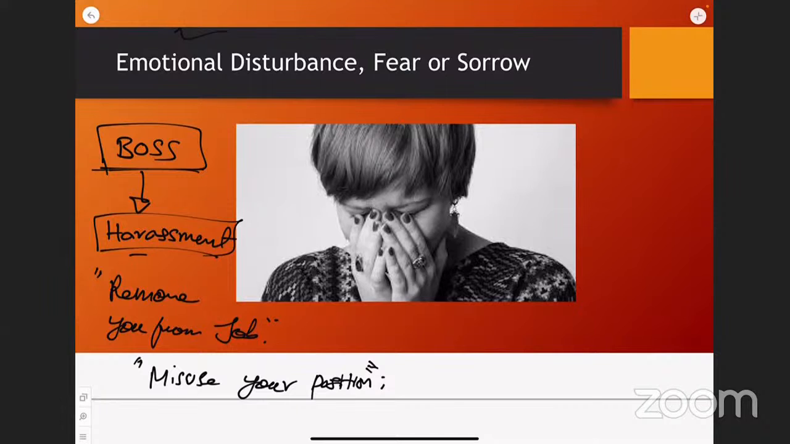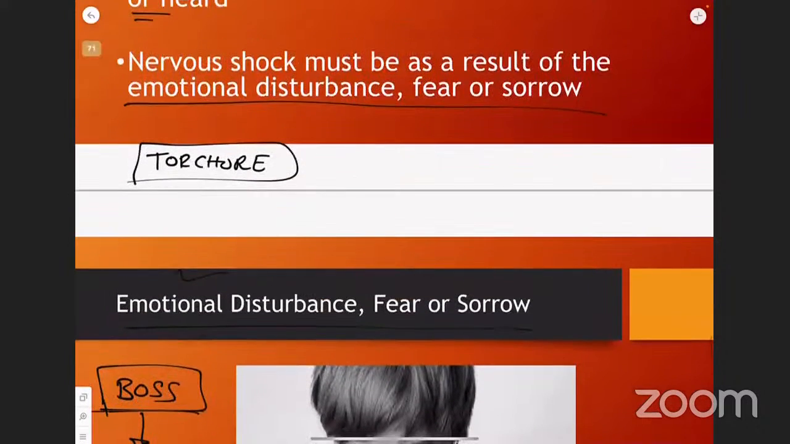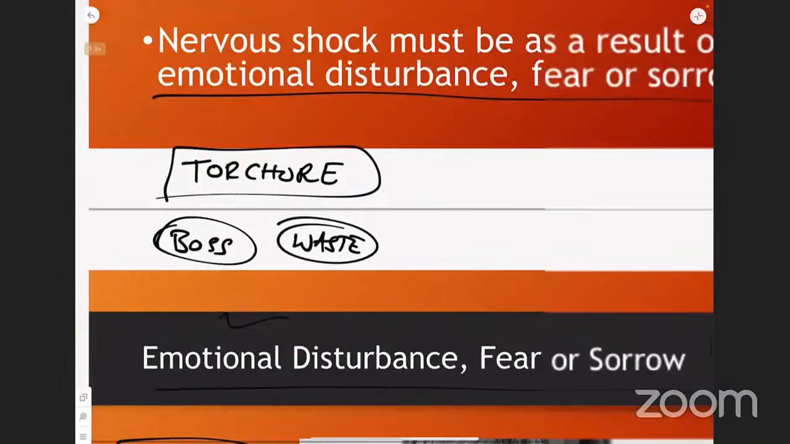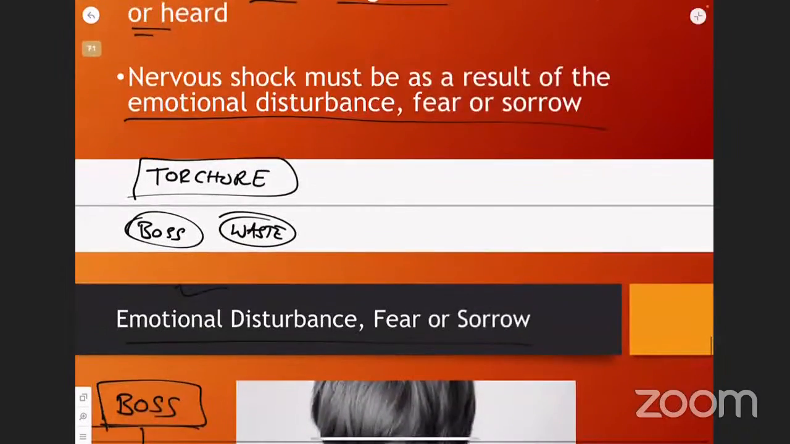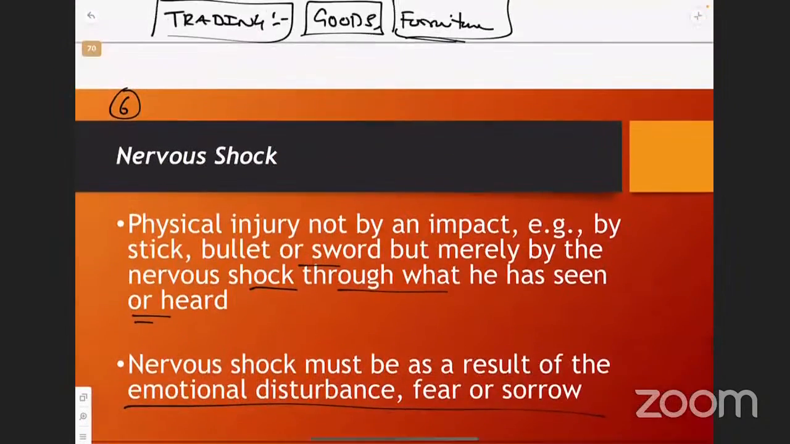So whatever it is, emotional disturbance, fear or sorrow, or if somebody is always scolding you from morning to night, your boss is going to scold you, will tell you you're a waste, you're good for nothing, how will you feel? Obviously, even the most positive person will break down. So that is nervous shock. So that is also a tort. You can file a case against anyone who is